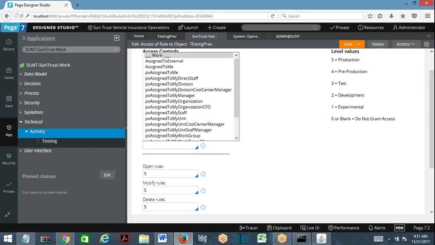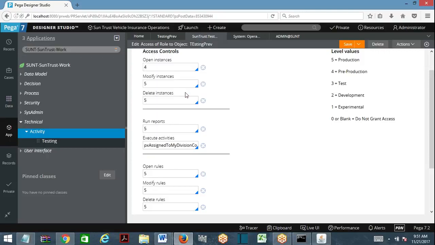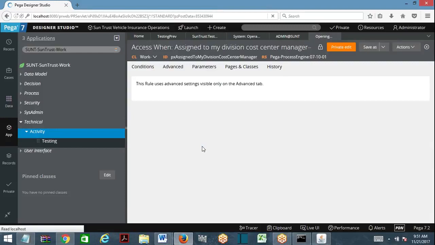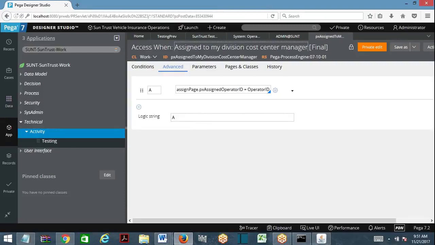Access when rules are available. Okay, I'll open and show you. Access when or access deny rules. Access when. So you have to write a when condition. It doesn't deal with environment now. You write a when condition. So if you want to prevent in 4 and 2, there should be some criteria, right? Based on what criteria you want to prevent in 4 and some other 2. That criteria you write down here.